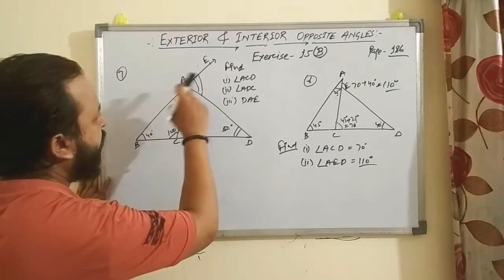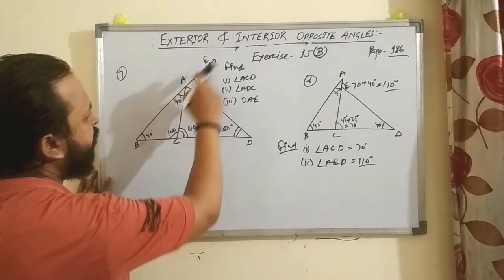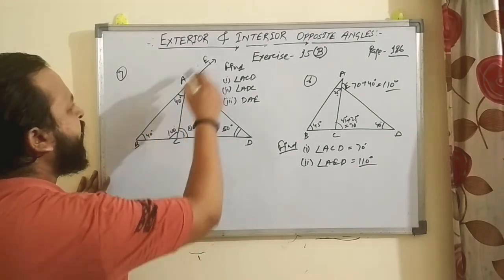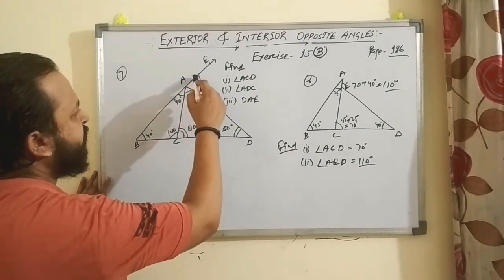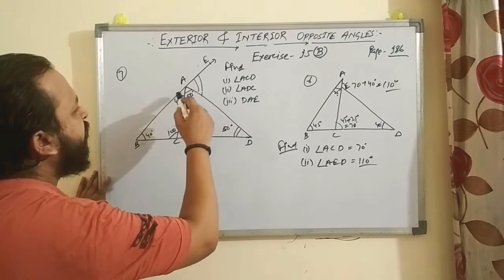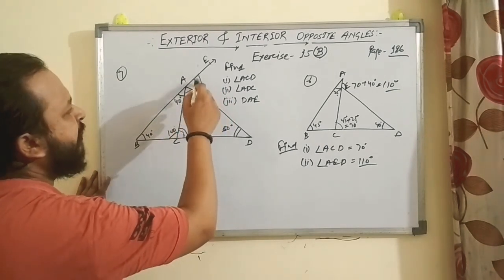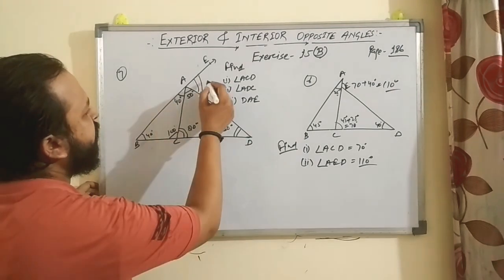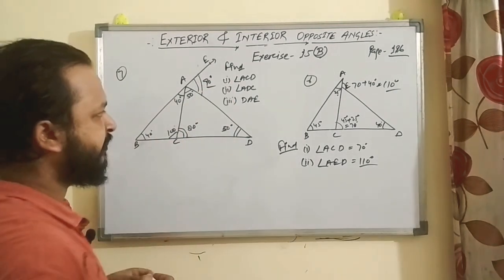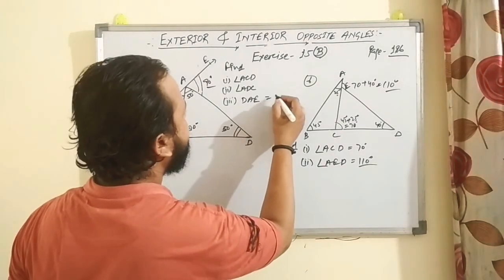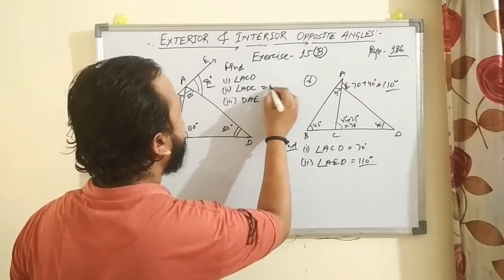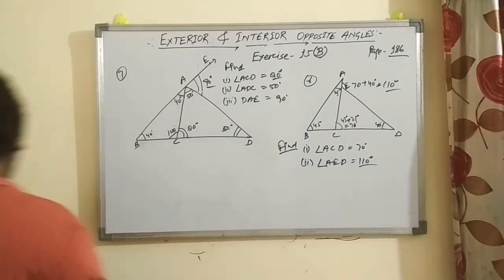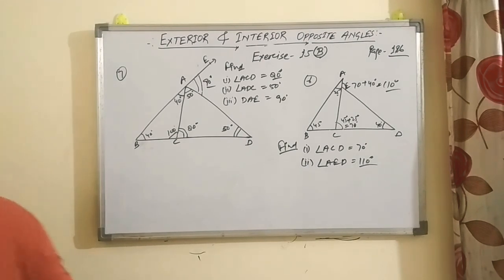This bigger one. So you can find this, or you can use the linear pair, a straight line here. DAE is a straight line. These two angles are given. So total angle is 180 degrees. So 50 plus 40, 90. 180 minus 90 is 90. Or just add them, 50 plus 40 is equal to 90 degrees, right? So this angle is 90 degrees, this angle is 50 degrees, and this angle is 80 degrees, right? So this was question number 7.